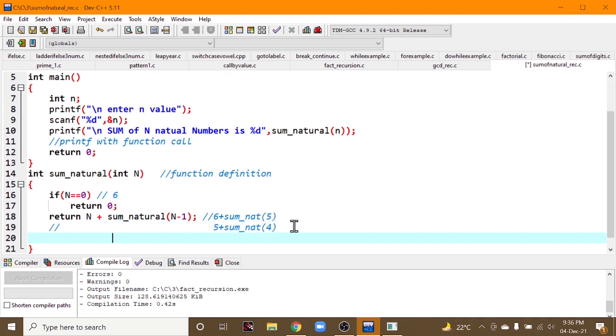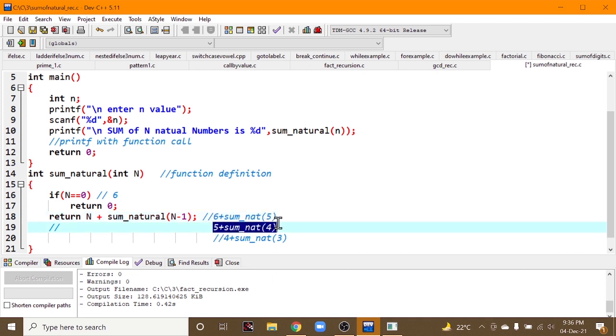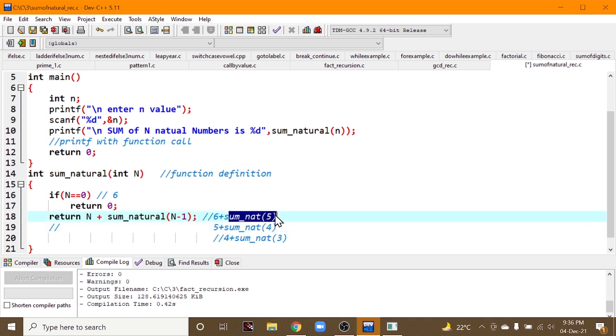Again what happens, 4 plus sum underscore natural of 3. So in this way it will be doing. So sum of natural of 5 is nothing but 5 plus sum of natural of 4. That's it, right? And what is sum of natural of 4? 4 plus sum of natural of 3.